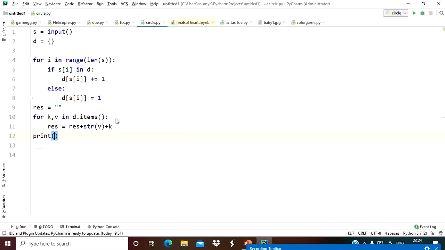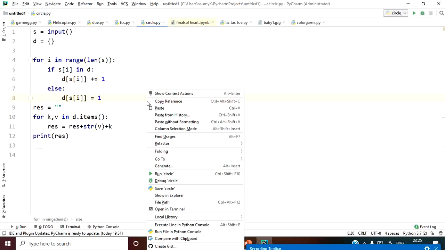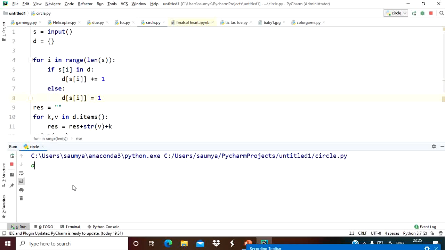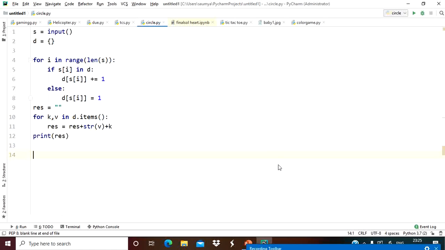And here just print the res. If the end keyword and the sep keyword are confusing for you, you can do it in this manner also. So aabbcde, you can see we are getting the expected output. I hope the question is clear for you and you can implement the same kind of logic in Java also.